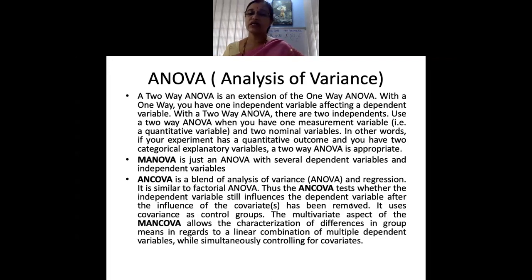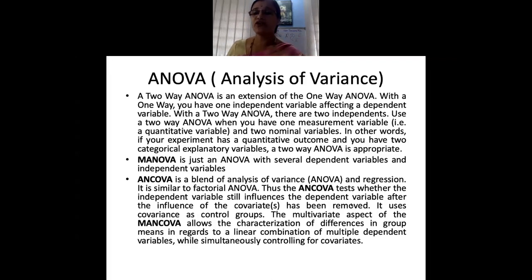Okay. Now, please remember when you're using ANOVA, you will be using an F distribution. When the sample is less than 30, you will be using a t-test. When the sample is more than 30, you will be using a z-test. When you are comparing two variables, you will be using correlation. When you're finding whether there is an association or dependency of the independent variable on the dependent variable, then you will be using regression. So each one is entirely based on the study, on the objectives of the study.